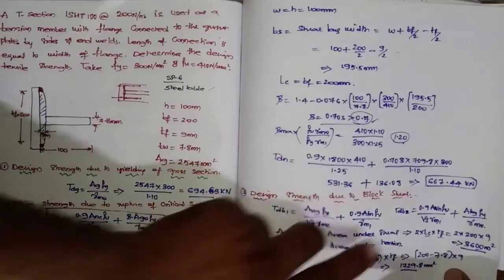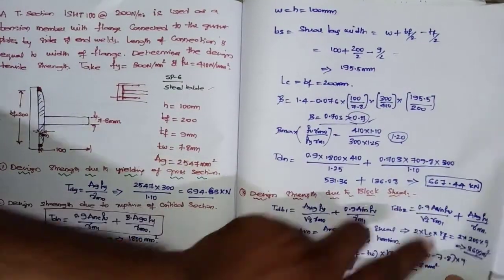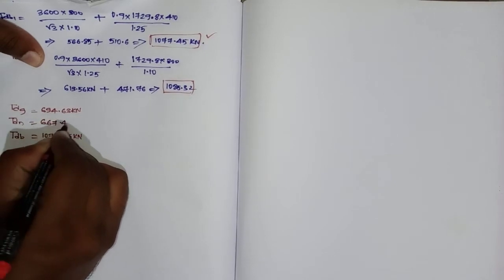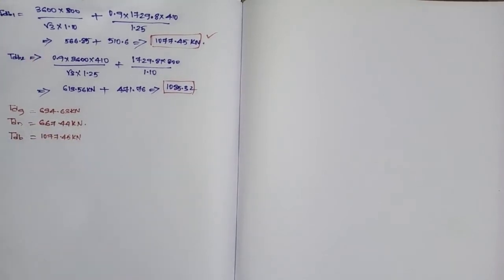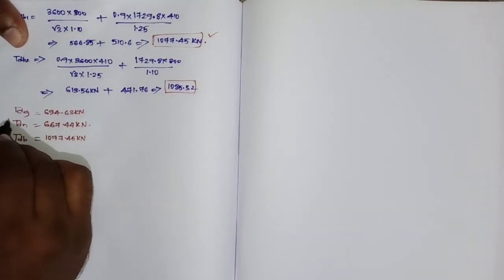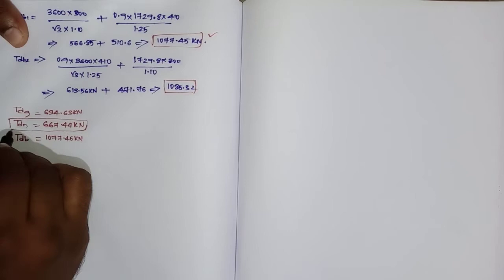And this is 667.44. Now, out of these three, this value is lesser. Therefore,